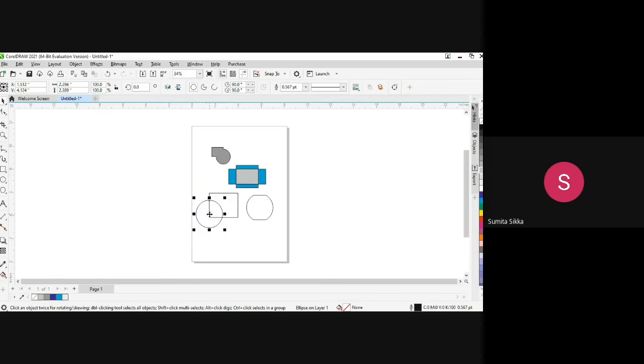Intersect. Again, I am placing it over here. Select both the objects and go to intersect. See, both the objects will be there, but the intersection of those two will give me another shape. However, this shape and this shape, they are already there. But I have got a new shape from this. Whatever shape I want, I have got this new shape. So this is the function of intersect.